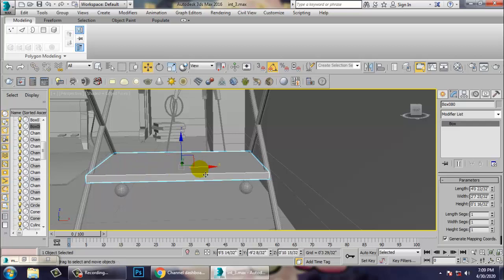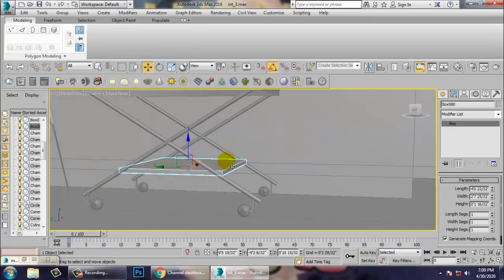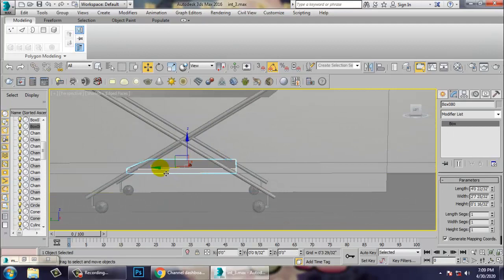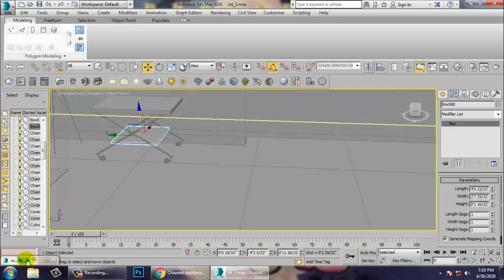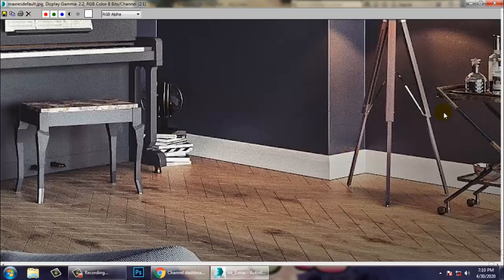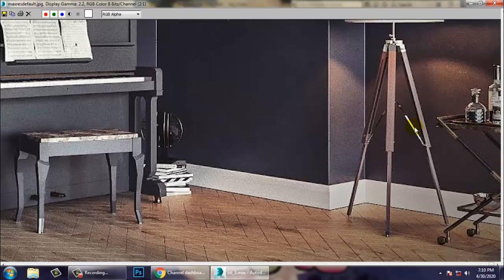Alright, so can just push this up, save this file, and now we can make these bottles over here first.